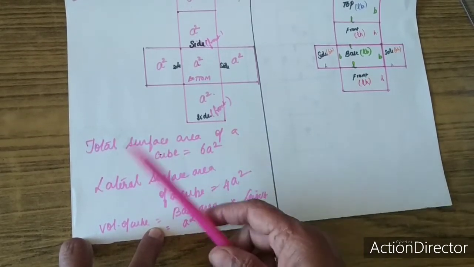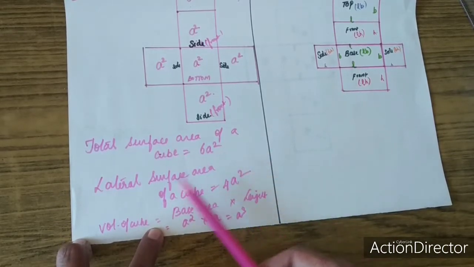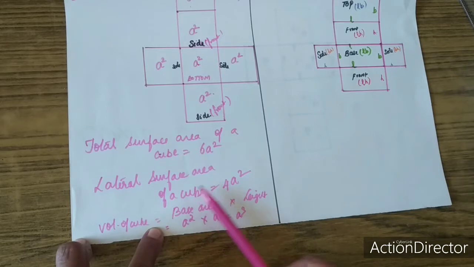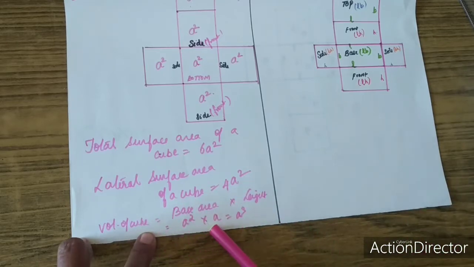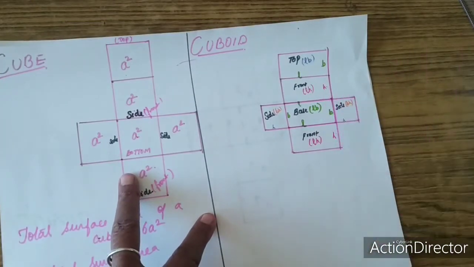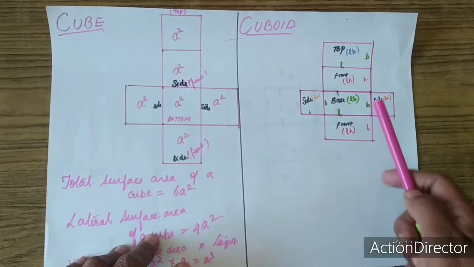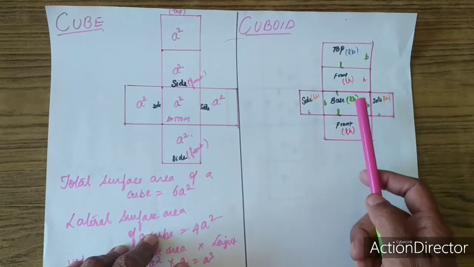So finally, the total surface area of a cube is equal to 6a square, the lateral surface area of the cube is equal to 4a square and the volume of the cube is equal to a cube. Similarly, the cuboid also has 6 faces, but here you can observe